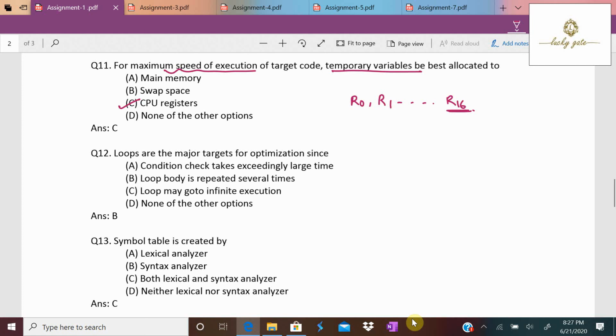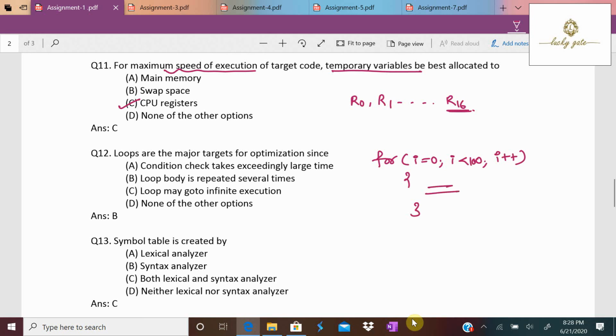Question number 12. Loops are the major targets for optimization. Why are loops the major targets for optimization? See, I have a for loop: for i equal to 0, i less than 10, i plus plus. If i is less than 10, it is repeating 10 times.